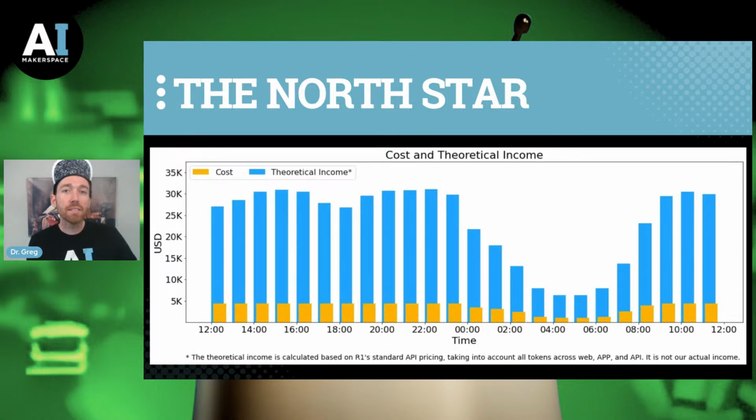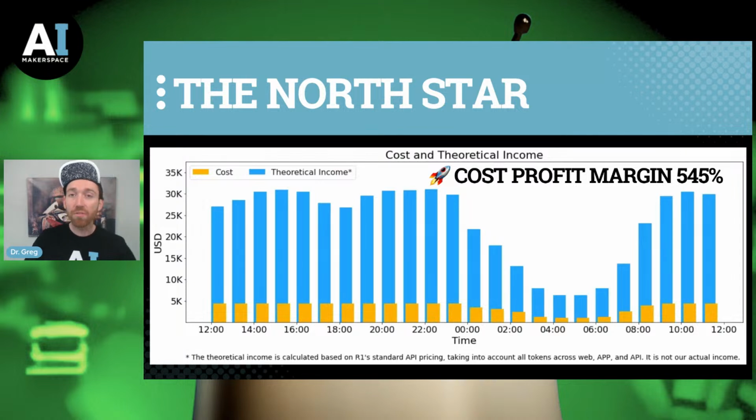If you're an LLM provider, this is the golden goose. You want to keep costs as low as possible, delivering a great product at scale, at a cost that's super reasonable for the user, and also being hugely profitable. The theoretical cost profit margin is in this 545% range. People are talking online: wait, is OpenAI ripping me off? What's up with the cost structure of all these other companies? If we can really do things like this, why is it so expensive for us today? So really some interesting discussions going on as a result of all of this.